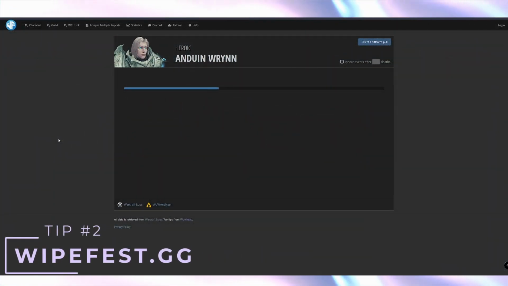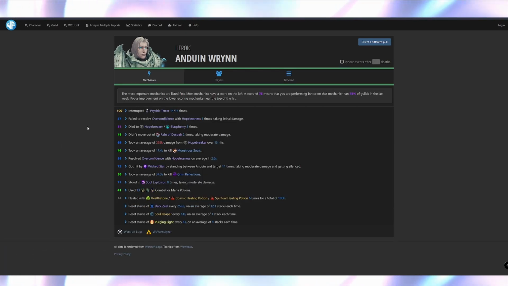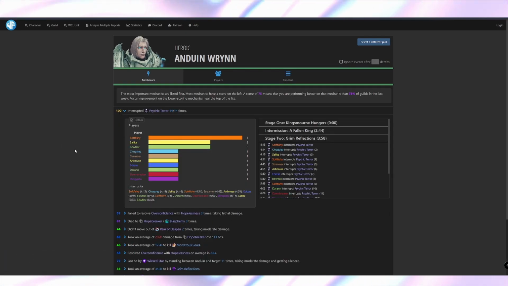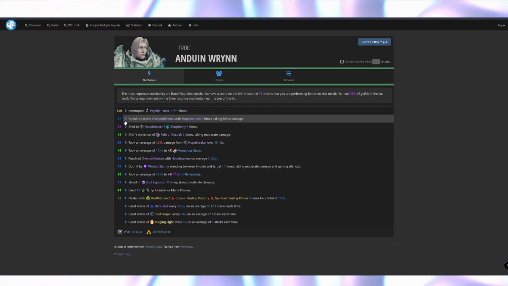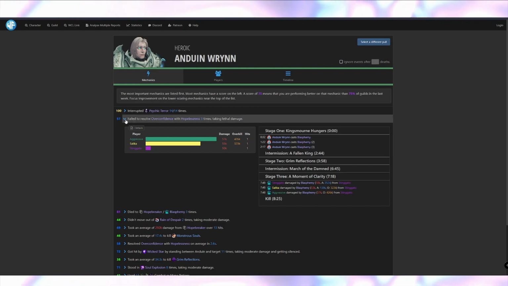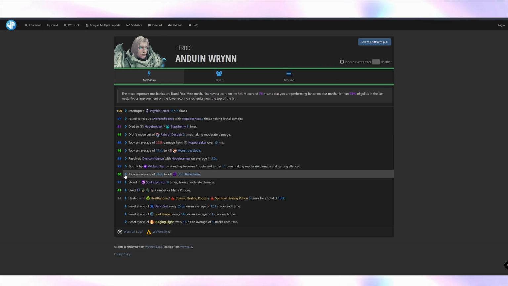There's also a site called Wipefest.gg that I like to use. This displays timelines and mechanic insights into each encounter and can be a lot less intimidating. You'll still need to log your raid with Warcraft Logs, but now you can take that log and run it through this site for more info. It's useful to quickly identify areas that could be done better, like avoiding damage, or who's really been using their